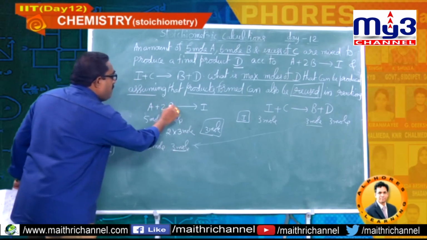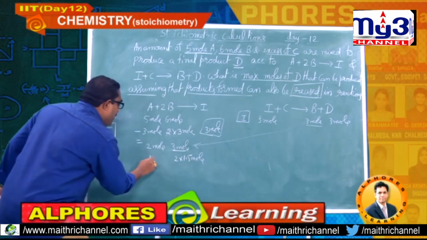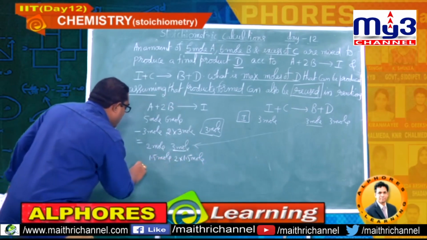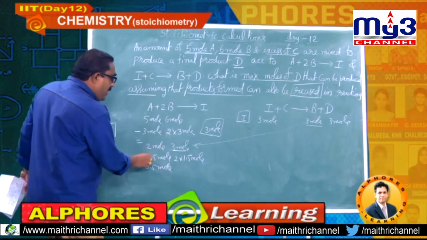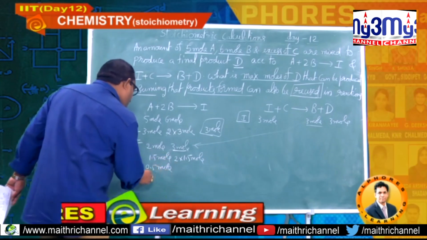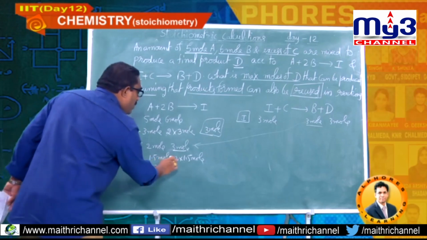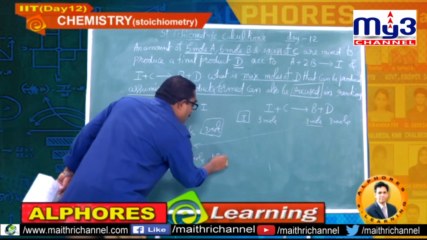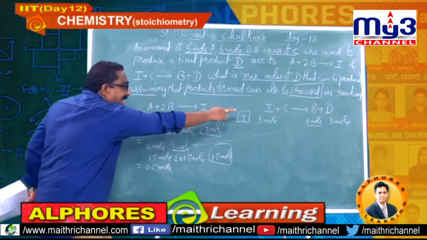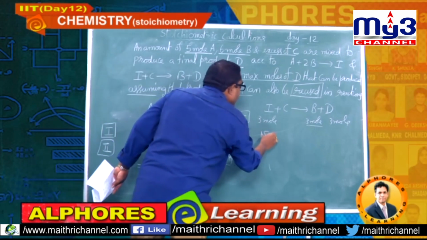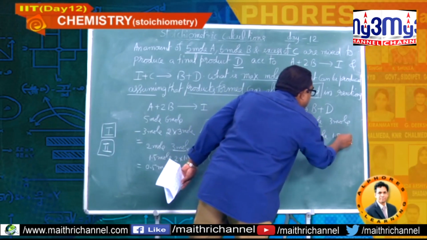Make 3 as 2 parts. 2 into 1.5 mole. Here the requirement is 1.5 mole. Here left will be 0.5 mole. Here 1.5. Wait, 1.5. 2 into 1.5. Here you will get 1.5 mole I. Again you have to go for the second reaction. Here I am writing 1.5 mole gives 1.5 mole of B, 1.5 mole of D.